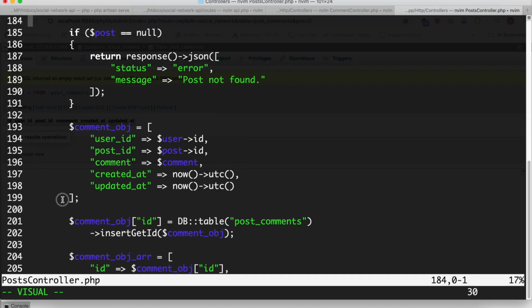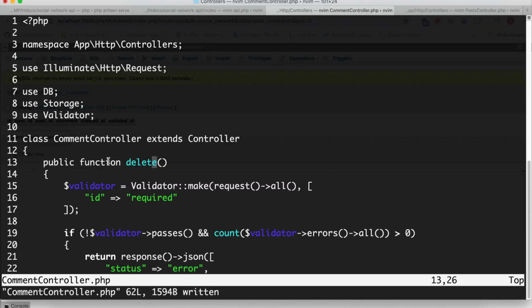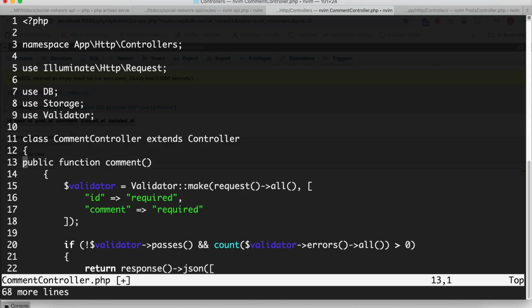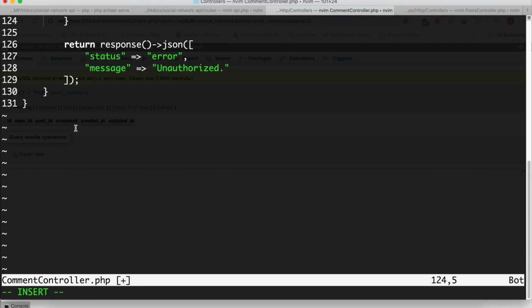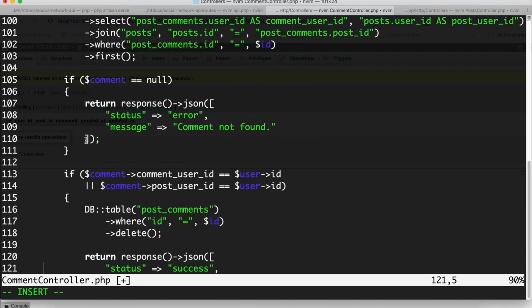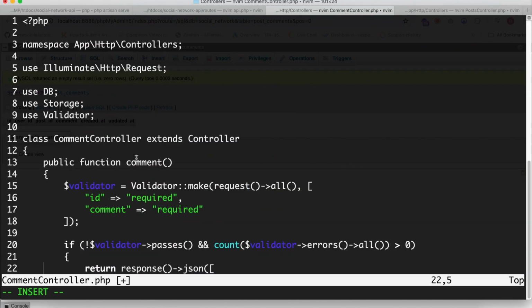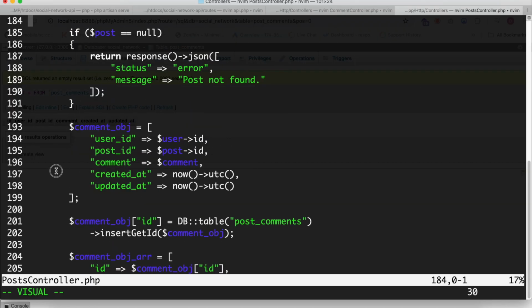I'm going to copy this complete function and paste in my comment controller. Okay, I'm going to save this here, and in post controller I'm going to delete this comment function,